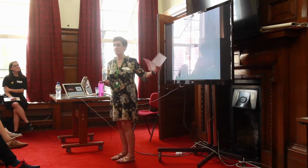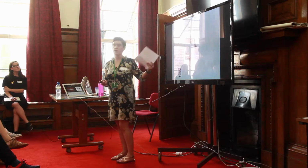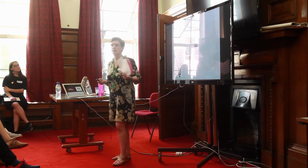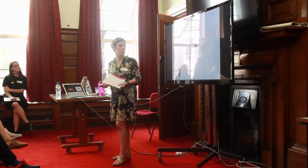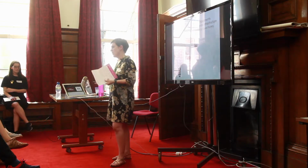So we've got our different departments, planning, finance, with different systems that they're running on, but they all are connected up to the same either virtual environment or the same need for us to combine all of those together. So pretty much similar circumstances to national government, the same sort of tensions that you all know about. So, silo departments, separate infrastructure, and the need to save money. And as you know from